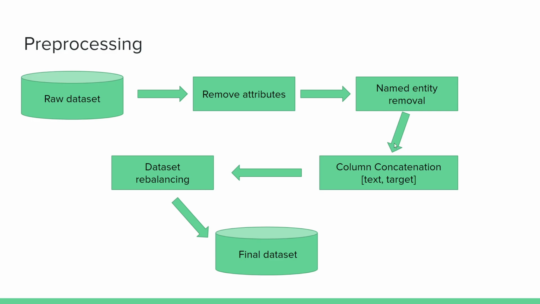After this removal, we concatenate all the obtained attributes of the card into a single column, and that will be the text that the machine will analyze, and the target will be the card price. For later testing, because not all cards are going to be equally distributed, some dataset rebalancing will be done so that there's an equal amount of data in each price bracket.